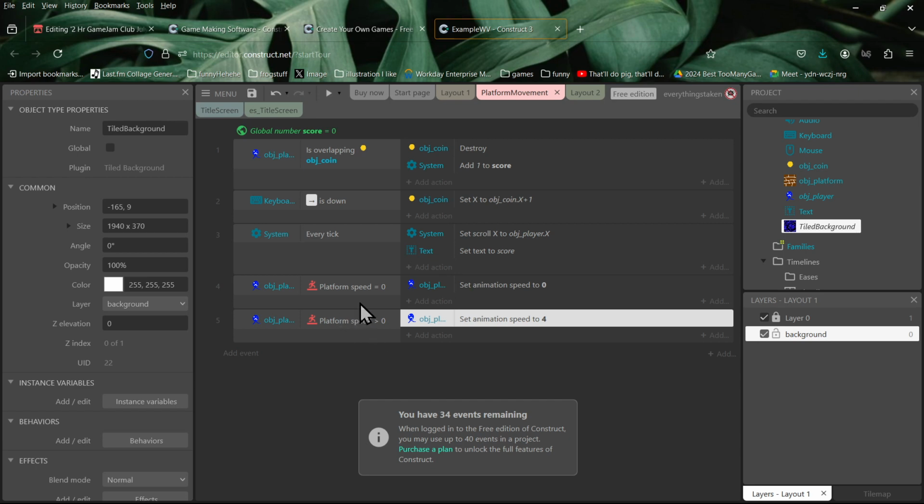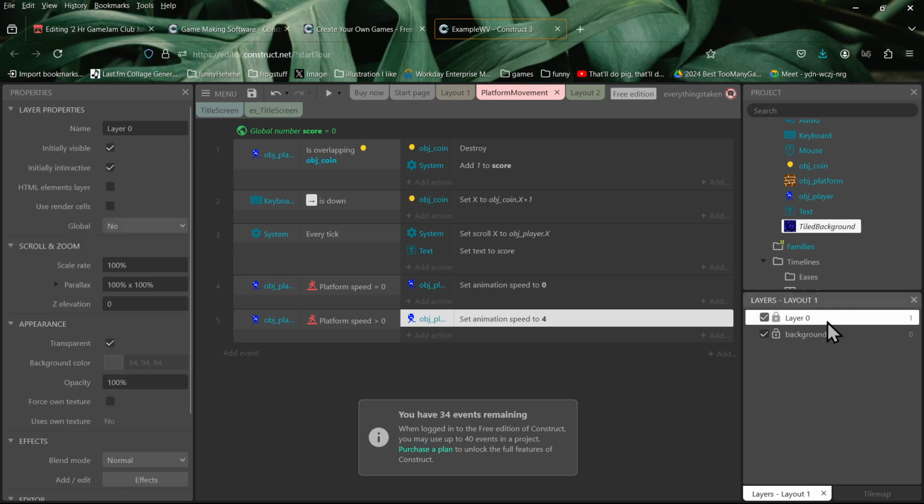Get back to my prior layers. So whenever I try to click on edit anything, it's only editing the background. So just make sure, see the locks? Make sure to lock the one you don't want to edit, and then unlock the one that you do want to edit. Okay.